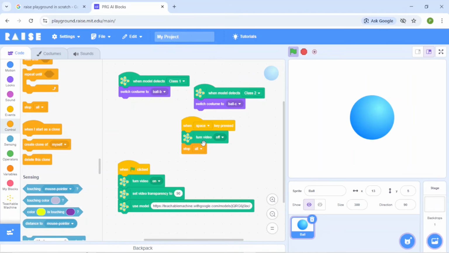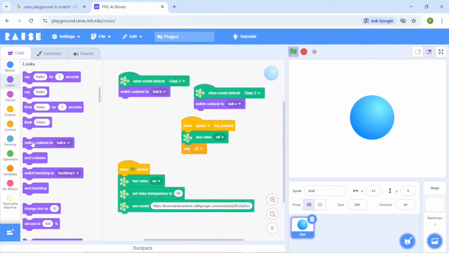And here, if you want the ball color to be the same as the earlier one, that yellow ball, you can add this block as well here. So I'll go to look, switch the costume when I press the space key, and I will turn to A. Now again, I just press the space key and you will see it turn to yellow, right? So it means our program is working well. Now the transparency, I will make it 50 again, so you can easily see the effect, how it will work.